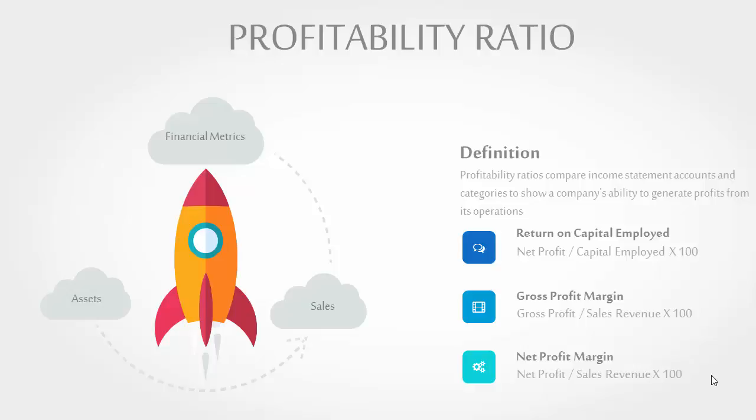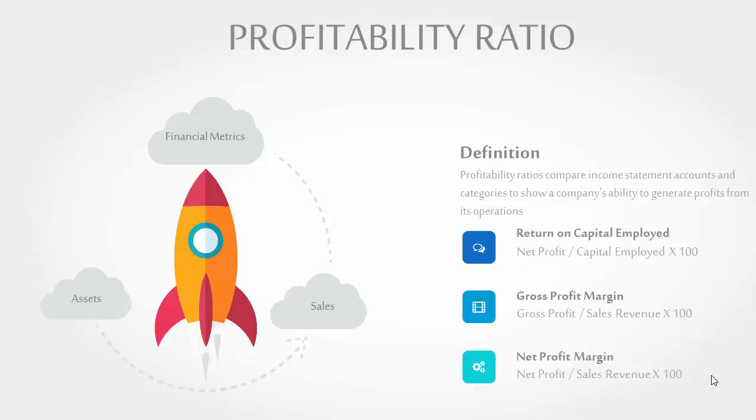How do we calculate return on capital employed? The formula is net profit over capital employed multiplied by 100. Regarding gross profit margin and net profit margin, we need to see the income statement of the company. The gross profit margin is calculated as gross profit divided by sales revenue multiplied by 100, and the net profit margin formula is net profit divided by sales